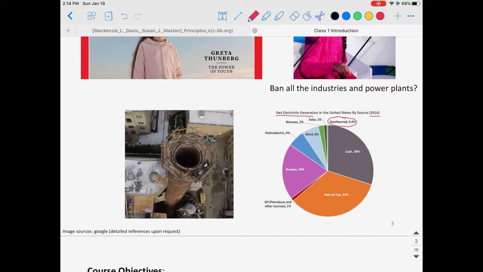So what you can find out is that coal is still taking around 30% of all of this electricity production, okay? Although there are other renewable energy sources, for example, hydroelectric, biomass, solar, wind, geothermal,